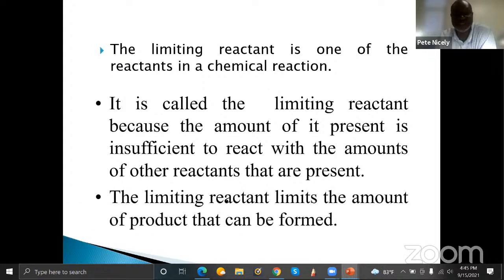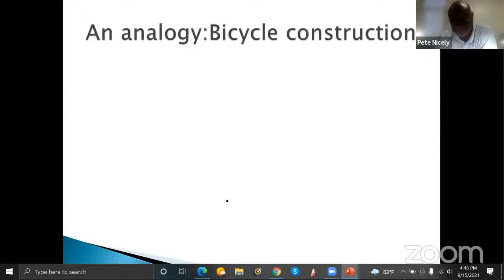So as stated here, the limiting reactant determines the amount of product that can be formed. And that's very important. Once you identify the limiting reactant, then that is used to determine how much of the product is formed. And it's also used to determine how much of the excess reactant is used up in the reaction. All right. Now, in order for me to explain this, I'm going to use an analogy involving the